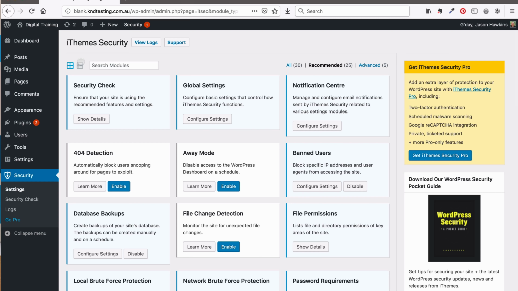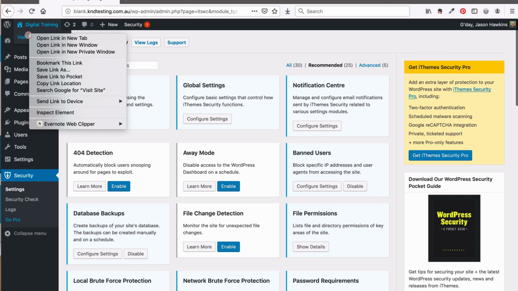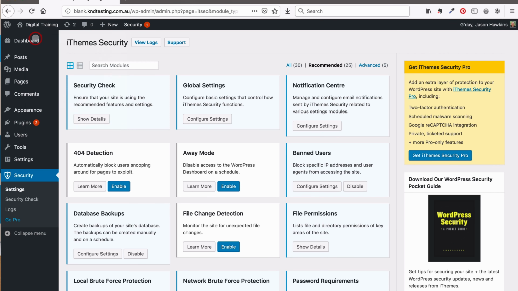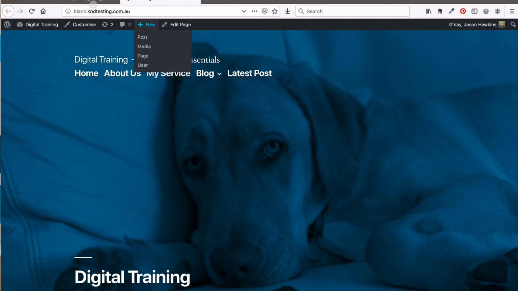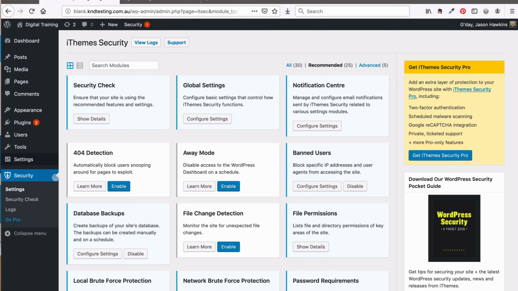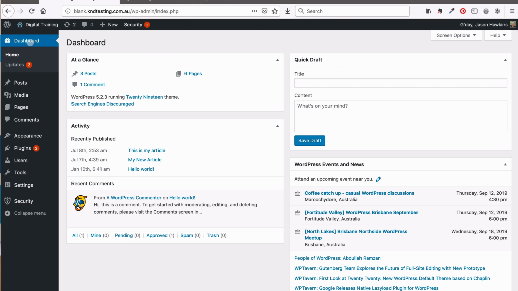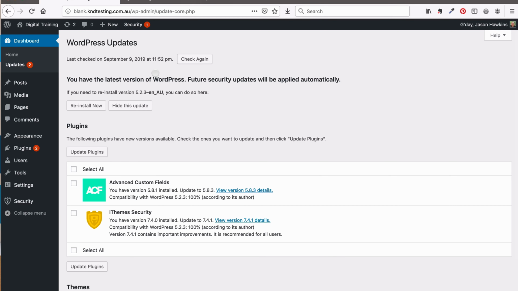Now that's really the back end. On each page, you can choose this panel up here to go and visit the site if you like. Common practice is I would load that in a new tab so that I can refer to it, but keep the administration area open if I needed to. Under the dashboard area, there's also a link that points to the updates that are required on the site. You would keep an eye on this